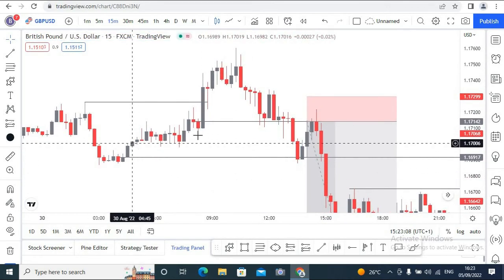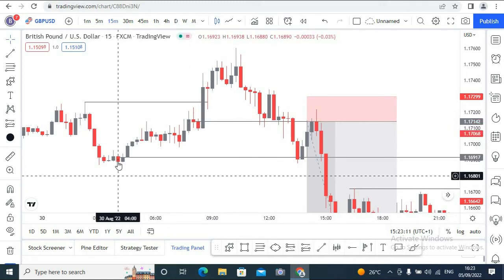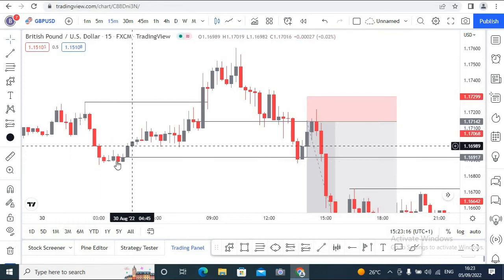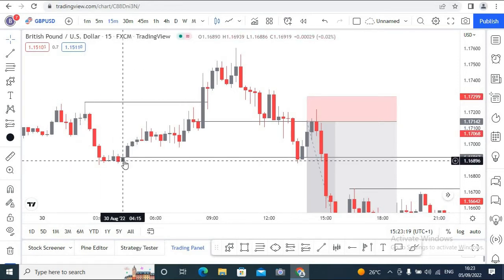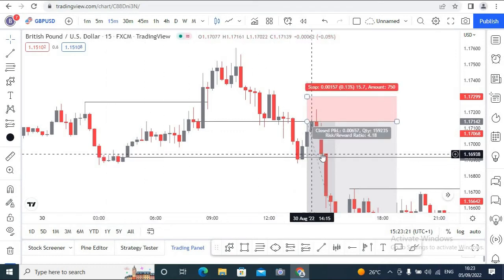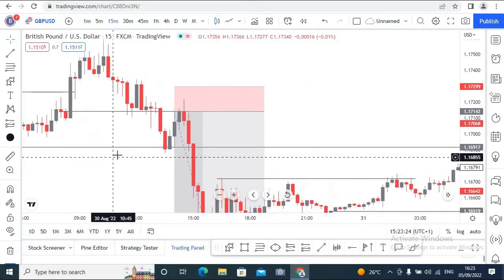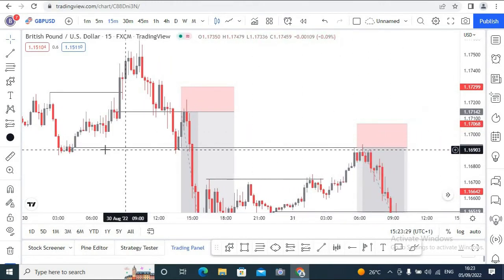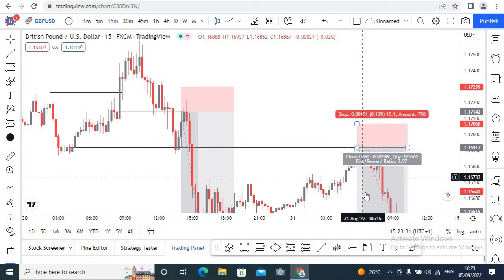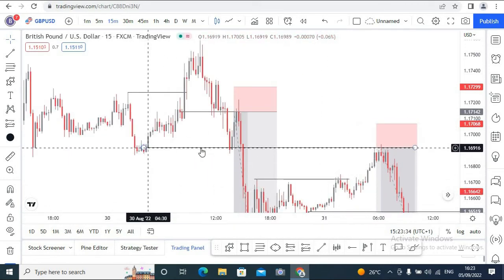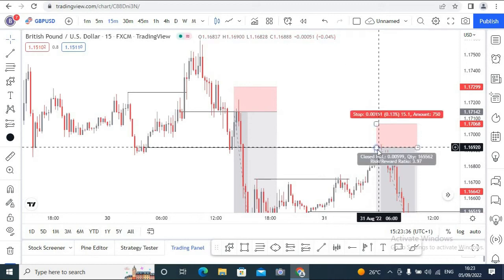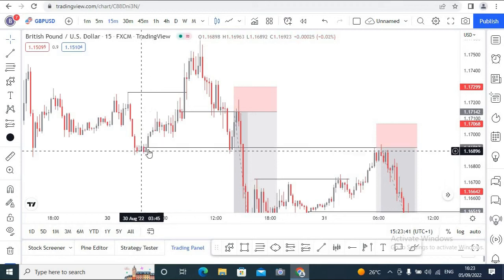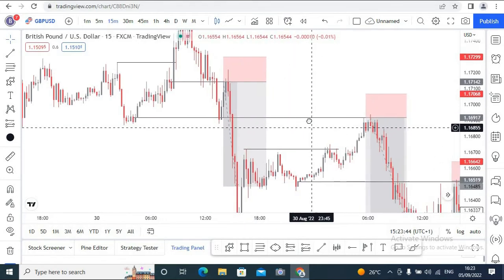But what you have to understand, this was a substructure, right? But this is an external structure, meaning this is a swing high, this is a swing low, meaning this is a higher low, a nice one, and then this higher low was being taken out, right? As you can see that it was being taken out, and then the price came back to that same level and picked the orders and continued going down. So if you're going to look for a trade, you're going to use this same level right there. So this one is also good, but this one, that's the zone which we are now going to look for